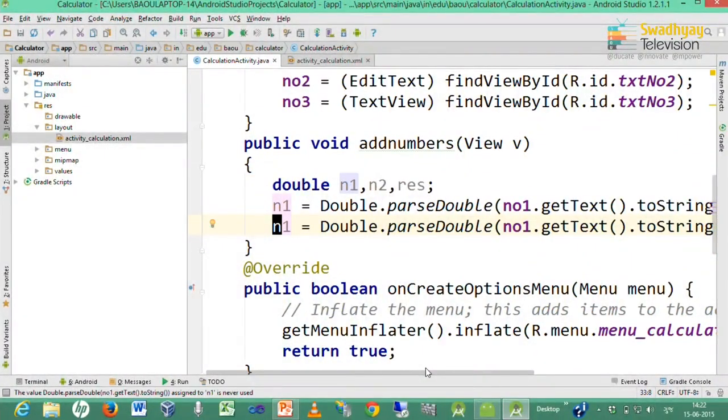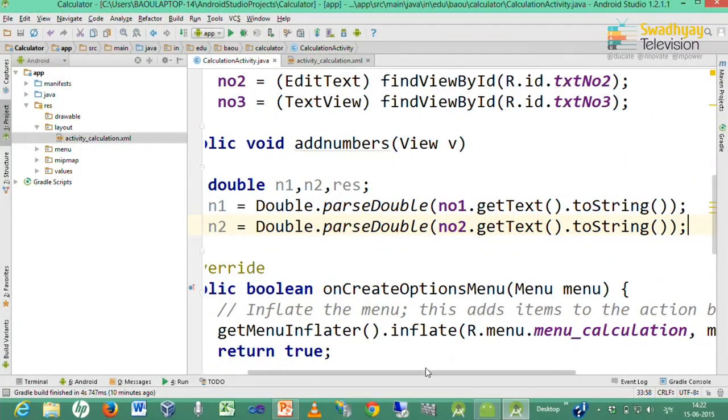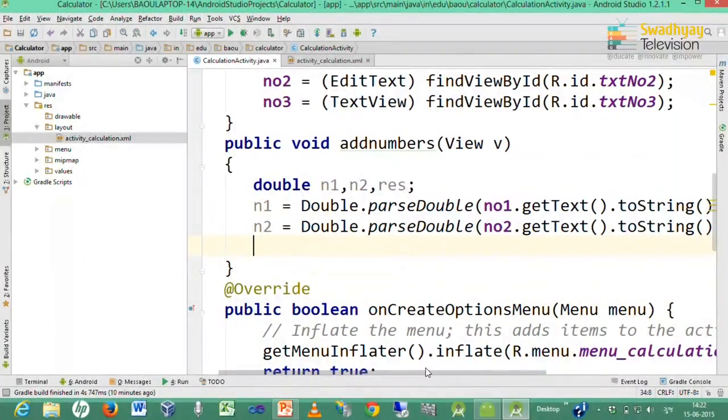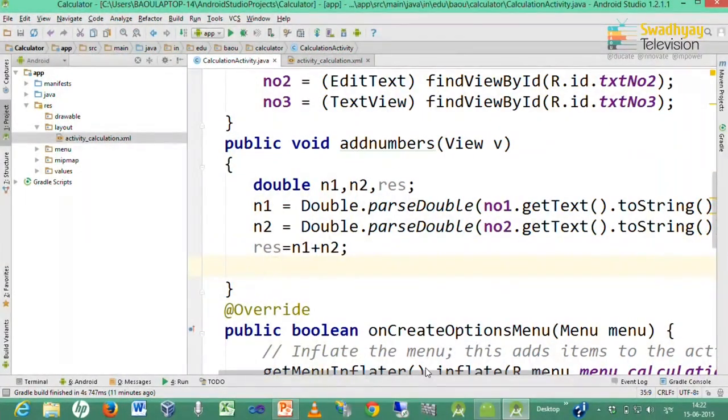Likewise, I can write n2, which is the double value of the number entered in the second text box. Now I have two numbers entered by the user, so I can write n1 plus n2, which is the sum of these two numbers.